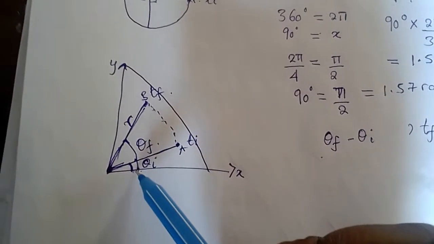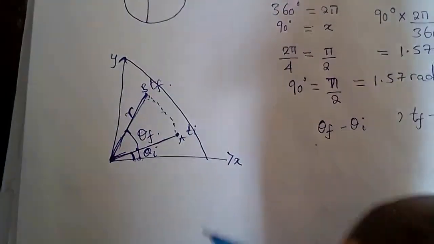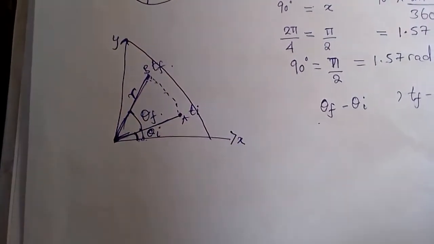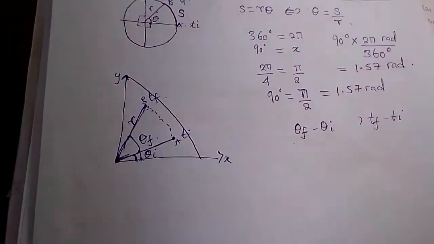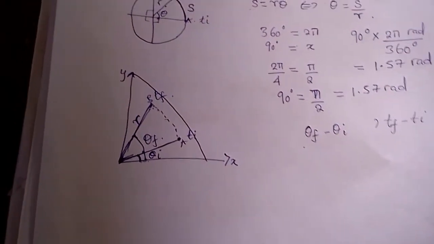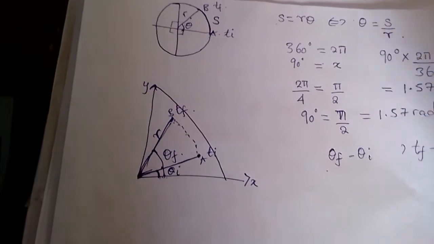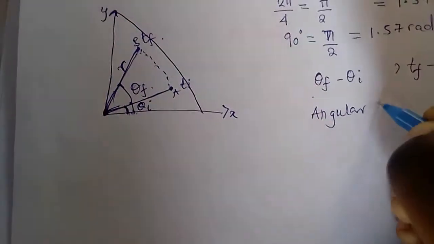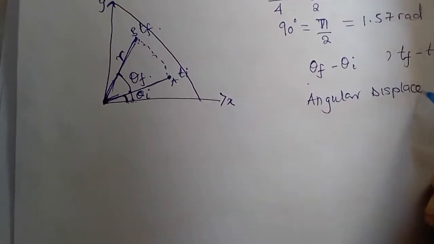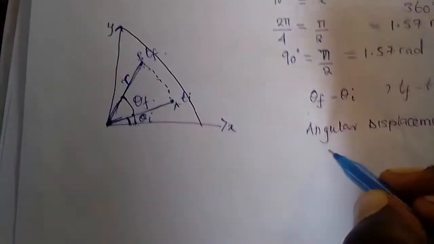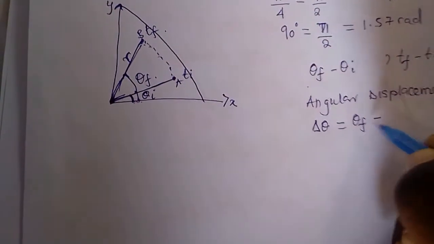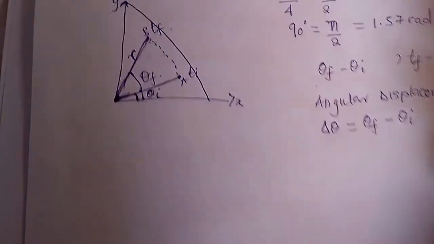All right, when we talk about an object moving from A to B, it is causing a form of displacement, because it is moving from one point to another. Except the fact that it is no longer moving in a linear path, but in a circular path, so instead of it just being displacement, the term is known as angular displacement. So angular displacement, which is theta, is represented by theta final minus theta initial,